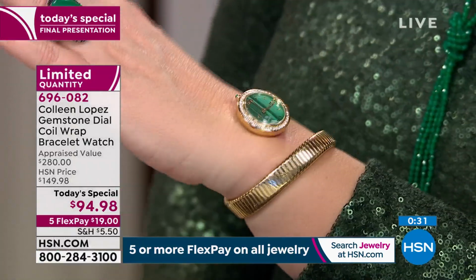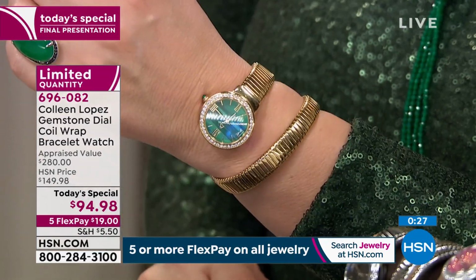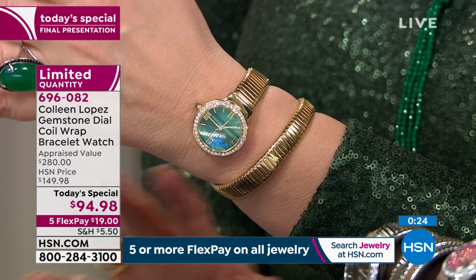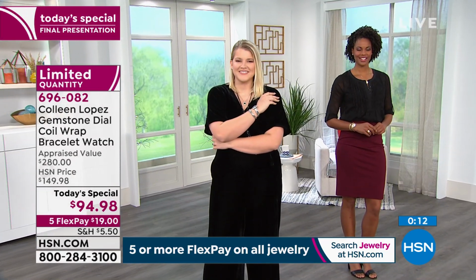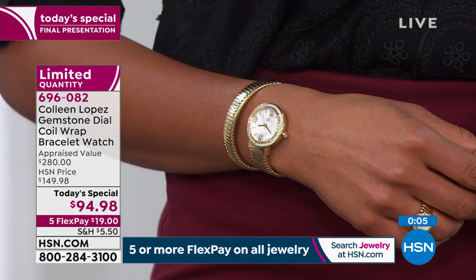And if you like to wear a watch, it's funny because somebody on my Facebook mentioned that she stopped wearing watches because there's a clock on her cell phone. And I thought, you know, I know that there's a clock on my cell phone, but I do not leave my house ever without a watch. And a lot of us just feel that way. We love a beautiful timepiece. There's something so nice about just having it at your wrist, just checking. You look at a watch hundreds of times a day, believe it or not. And so the fact that you get to glance at your watch and see this beautiful timepiece every single day,